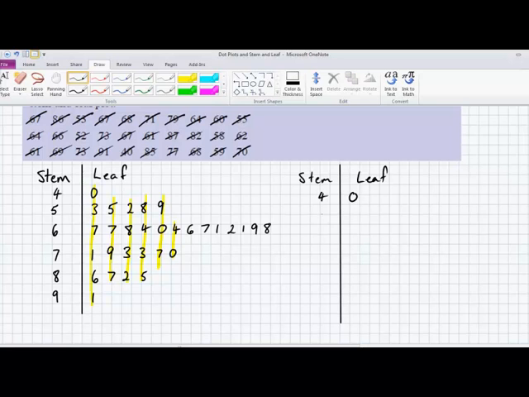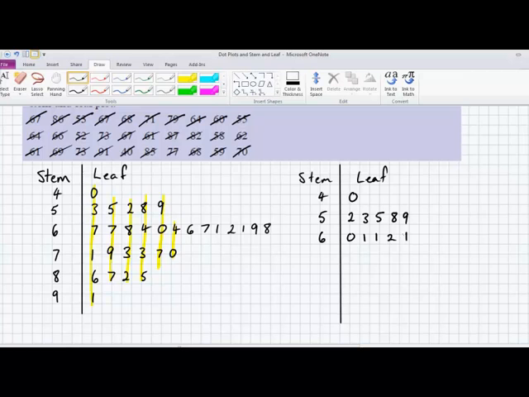Okay, so 40, then we've got 50, and put these in order. So the first one is 2, then 3, 5, 8, 9, 60, we've got a 0, we've got 2 1s, a 2,